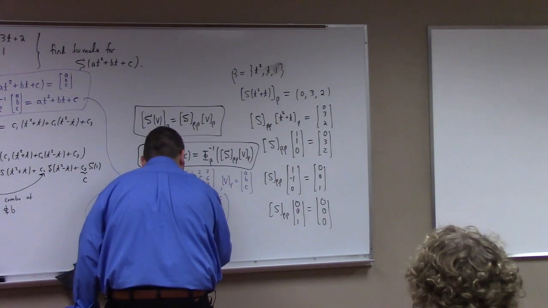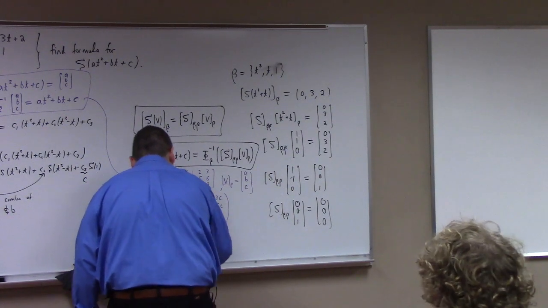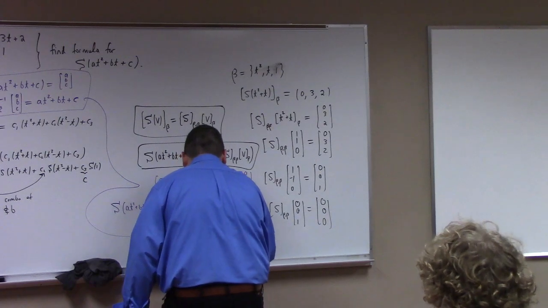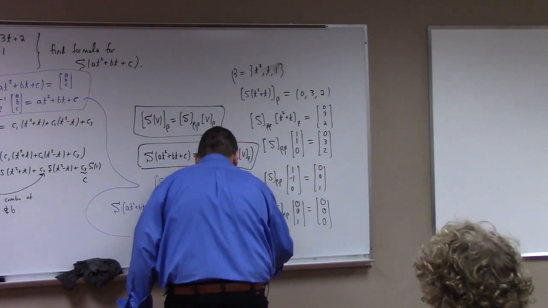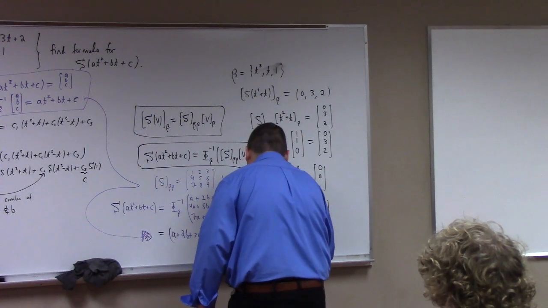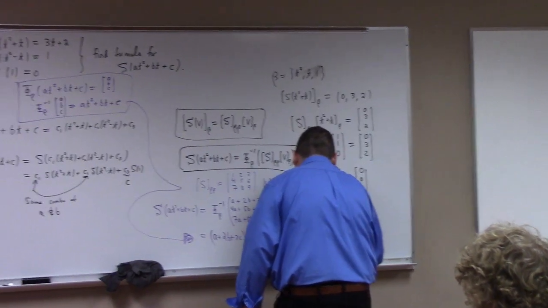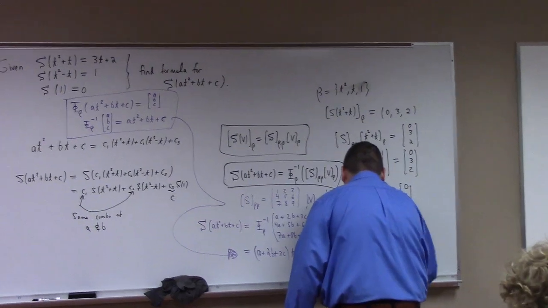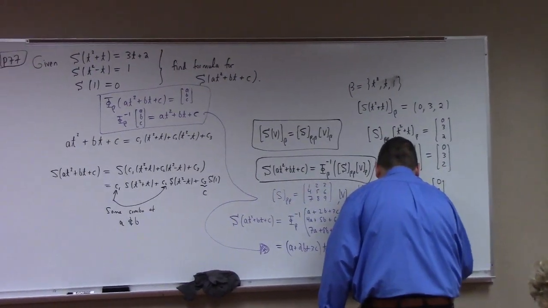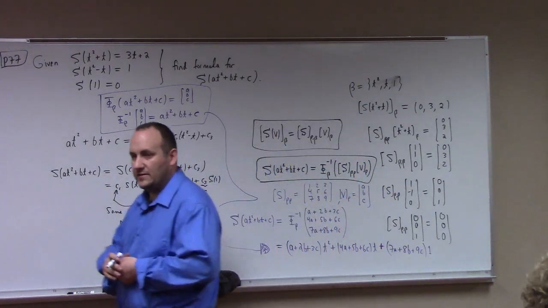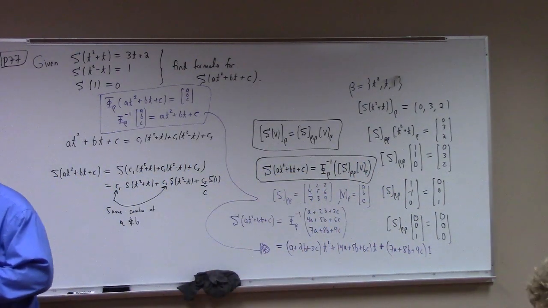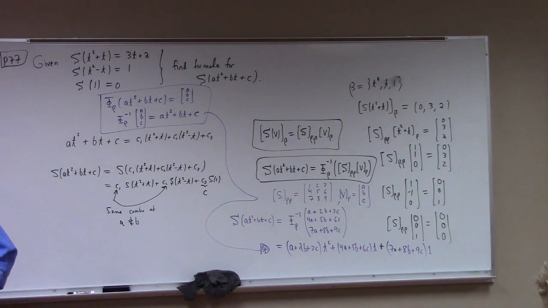A plus 2B plus 3C t squared plus 4A plus 5B plus 6C t plus, why didn't I make this matrix easier? 7A plus 8B plus 9C times 1. So that's how we would track back. If we found the matrix of the linear transformation, that's how we would actually construct the formula for the linear transformation